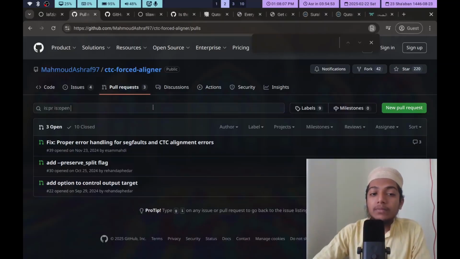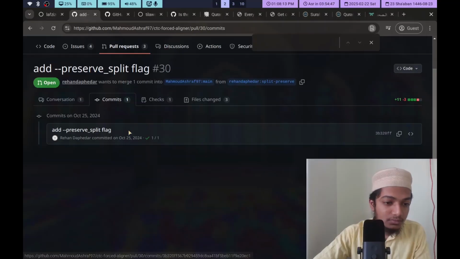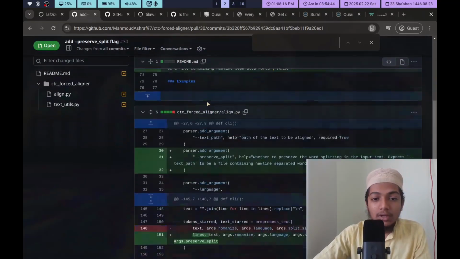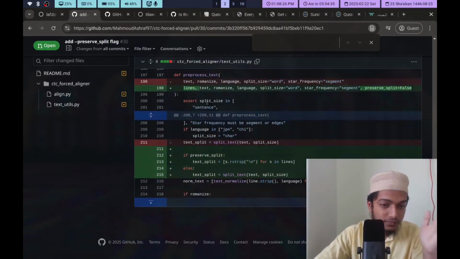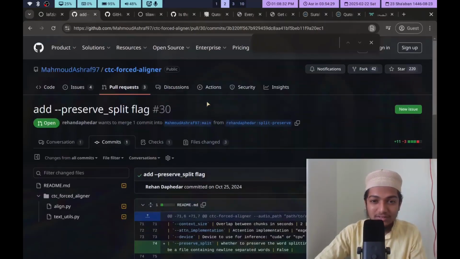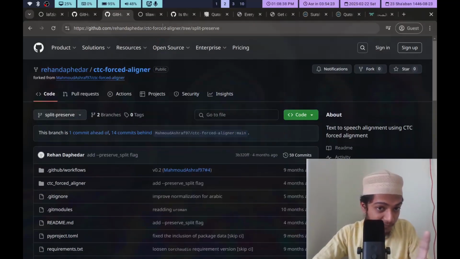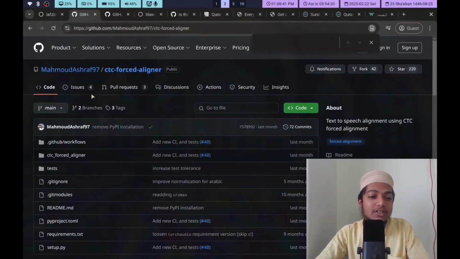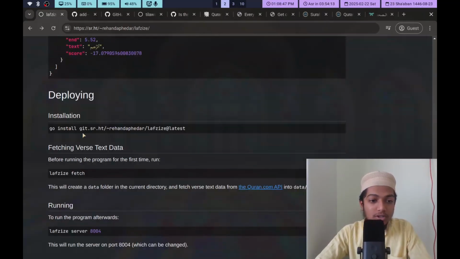So what this PR does, and it's also useful generally in the model, is it allows you to give it a text file where each word is on a separate line, and it will treat those as the units of alignment, not just white space, if that makes sense. So you need my fork with the split preserve branch for now, until this gets merged. Now, after that, you can install it just like any other Go program, and you have